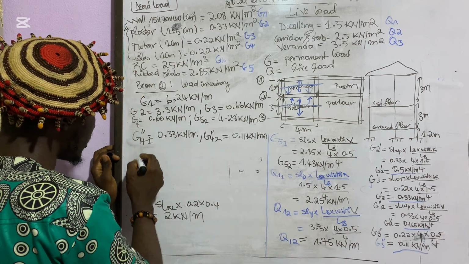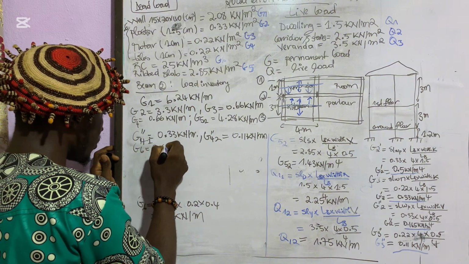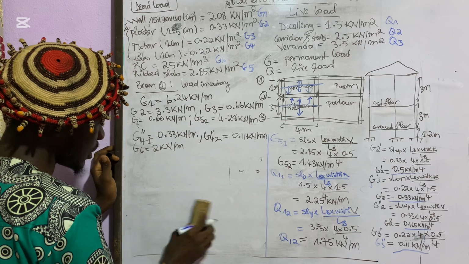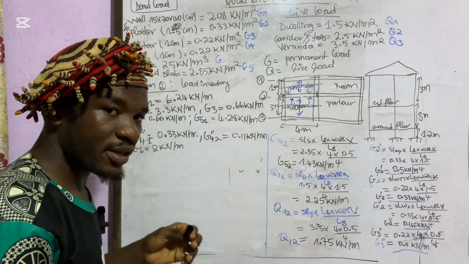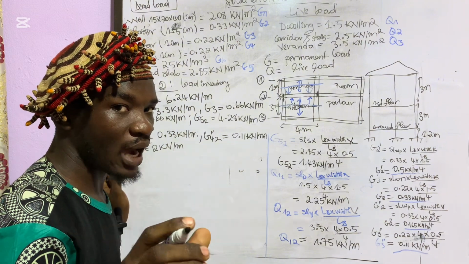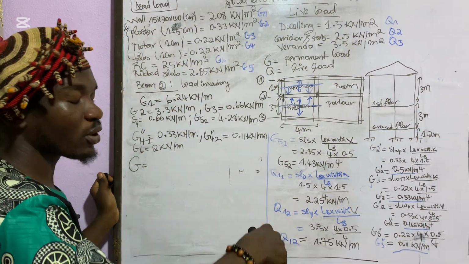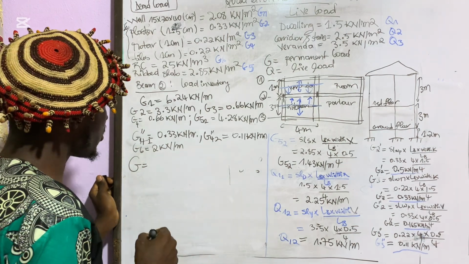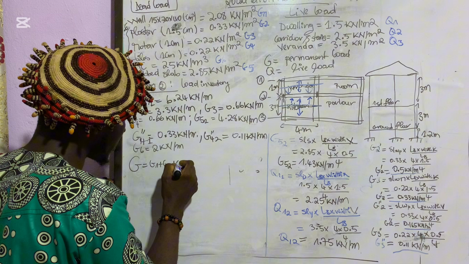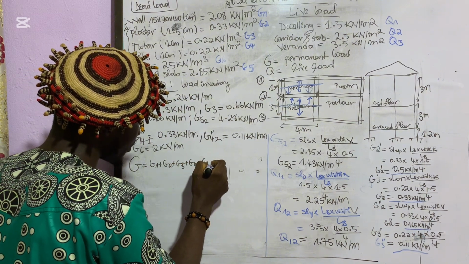Then we have the self weight G6 of the reinforced concrete, that's 2 kilonewton per meter. Now, to obtain the final G, the final permanent load applied on our beam, we write G is equal to what? The summation of all those G, which is equal to G1 plus G2 plus G3 plus G4 plus G5 plus